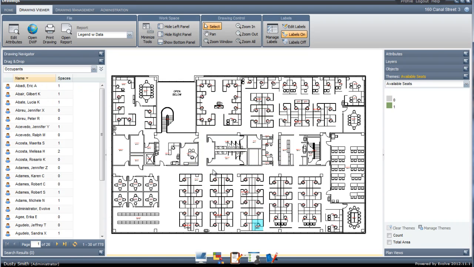I click, that happens, and as soon as I get off that space, you'll see that that space is no longer green. It's gone to the gray color, meaning it has an available seats of 0. Now, so that I have what I want for my next move session, I could go and move her out again. So in this case, I'm going to double click